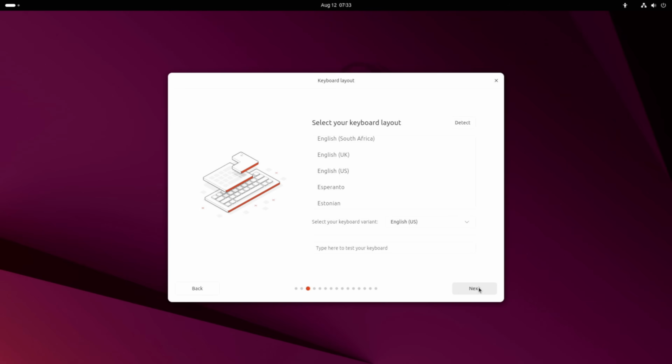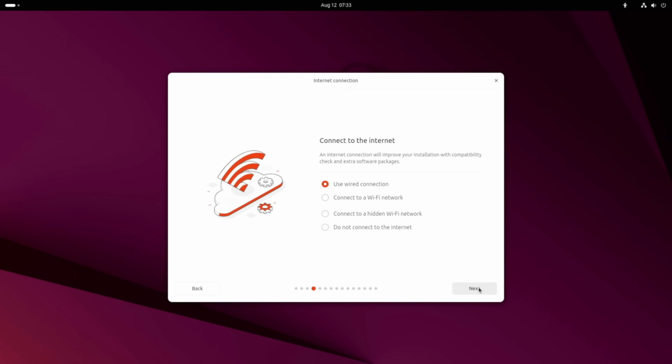Now here's a very interesting menu. I suppose we could file this under the Windows can't do this section because we're being asked whether or not we want to connect to the internet. Last time I checked, last time I heard, Windows 11 absolutely refuses to install without internet because they want you to sign into your Microsoft account. So they'd never put a do not connect to the internet button there. This leads me to believe that we could continue this install process offline if we wanted to, which is great, and I will validate that claim probably at a later date. But for now, we're connecting with the internet.